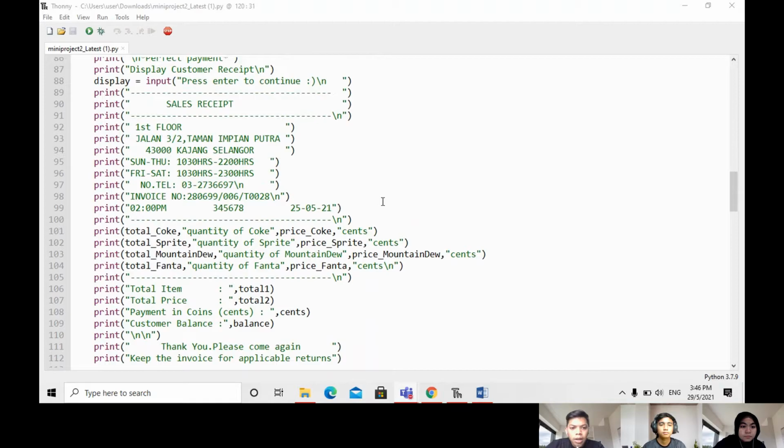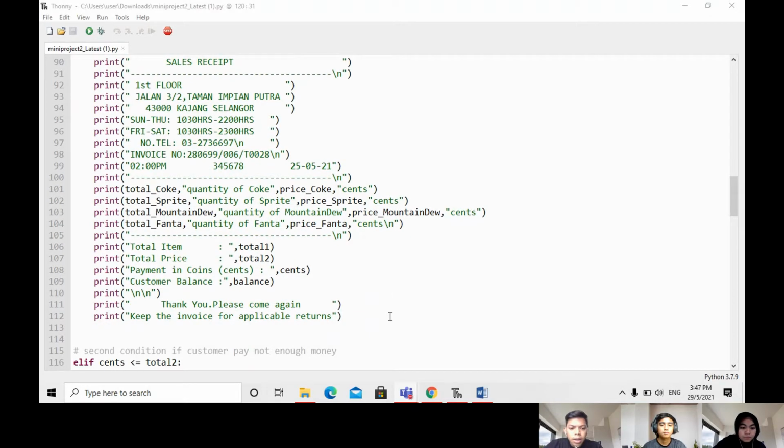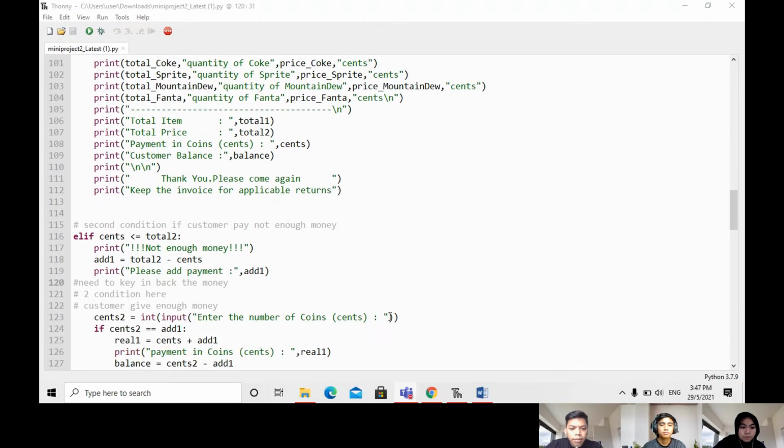Print sales receipt and address, hours of working, telephone number, invoice number, time, and then print total Coke, quantity of Coke, quantity of Sprite, quantity of Mountain Dew, quantity of Fanta, and total item. After that, total price, payment in coins, and customer's balance.